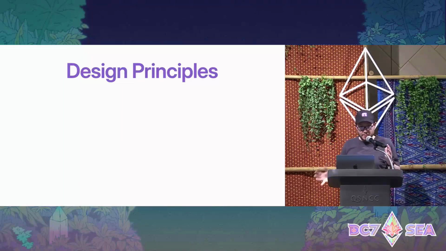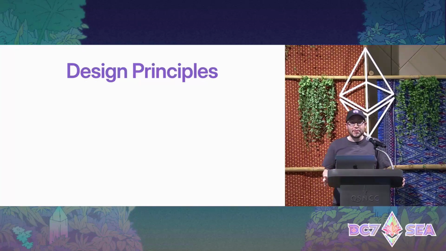OK, so some design principles for building good frames. We've seen thousands of frames built over the past year, and after seeing lots of experiments in the wild, there are a few principles that I'd encourage for building good frames. The most important is to just keep them simple, fast, and focused. The very best frames have a clear call to action and a linear workflow with only 1 or 2 steps. If you're trying to build a complex multi-step app that has a lot of branching and error handling and callbacks, a frame might not be the best way to build your app. They're really good for simple calls to action, linear workflows without too much branching.